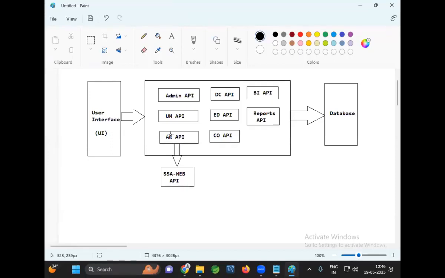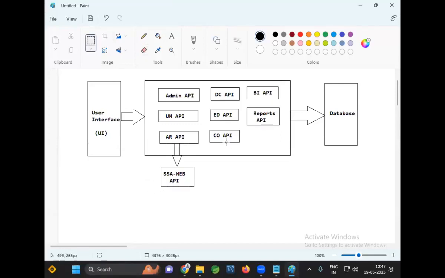If it is valid, which state does this SSN belong to? If that citizen belongs to California, stop it; he is not eligible to apply for the plan. If a citizen belongs to Texas, stop it; he is not from our state. If the SSN belongs to RI state, Rhode Island, he can apply for that plan. So that integration will be there from AR API to SSA Web API.